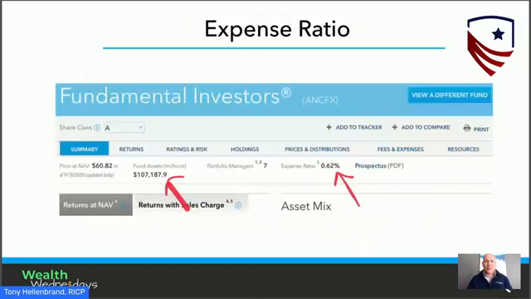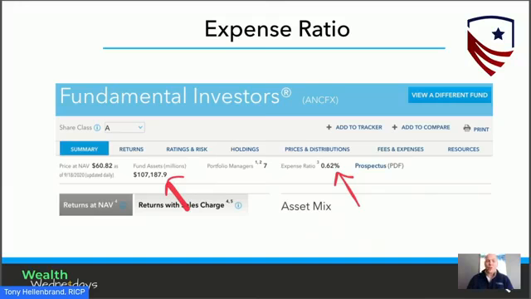The biggest reason for this, so this is that actual fund. If you go out and look it up, it's a $107 billion fund. It's a huge fund. And the expense ratio, so again, there's some jargon there. Expense ratio might scare some people off, but all it means is what percentage of your investment in that fund is going to expenses for that fund each year. And in this example, it's 0.62% a year. So that seems low. When you hear 0.62%, that's pretty good.